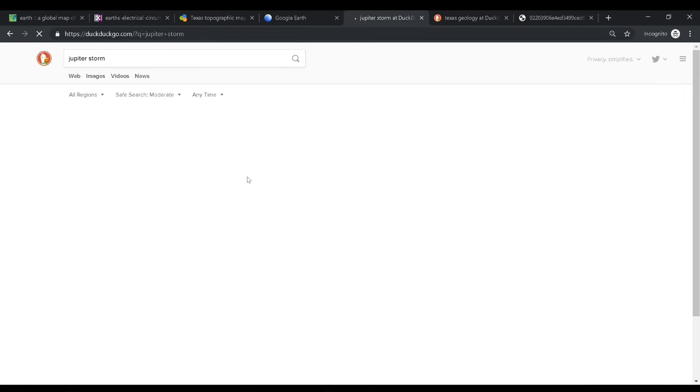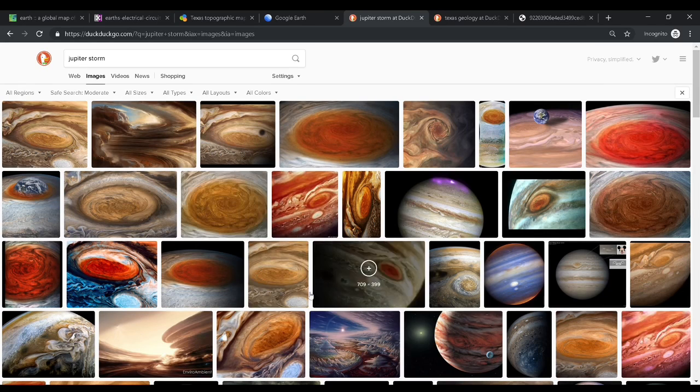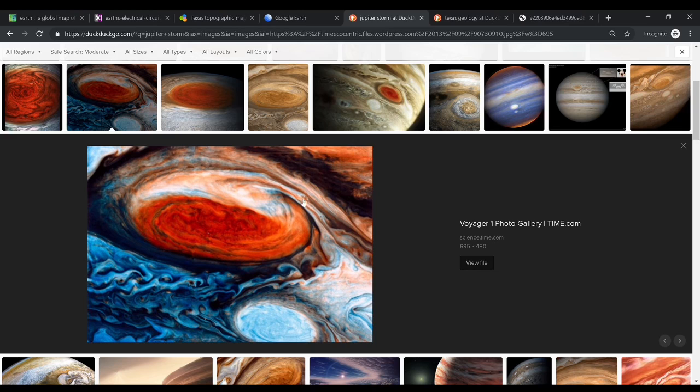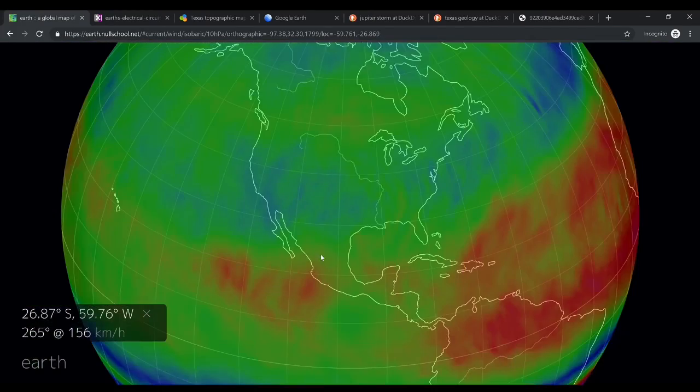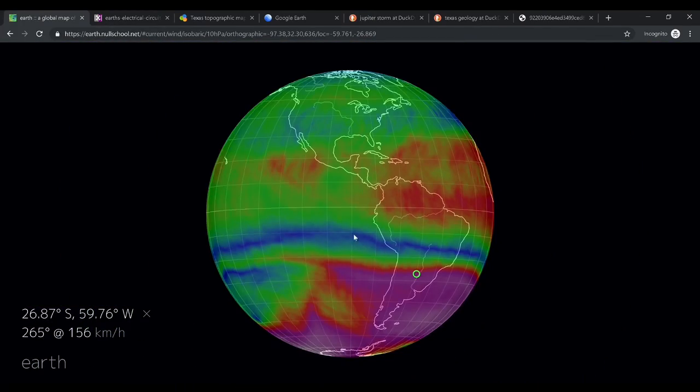And if you just merely looked at the Jupiter storms, look at these storms. Look how this just wraps together, right? And you can see how this is spinning around, and this spins a different direction. These all are intertwining. This gets pulled into this loop, this gets pulled into this loop, while this is just spinning in a giant circle. There's counter rotations inside of the rotations. So it's kind of hard to wrap your mind around it at first, but let's look at this Null School map again,